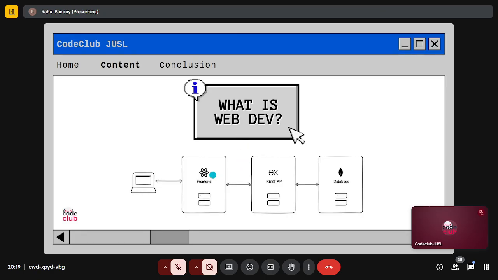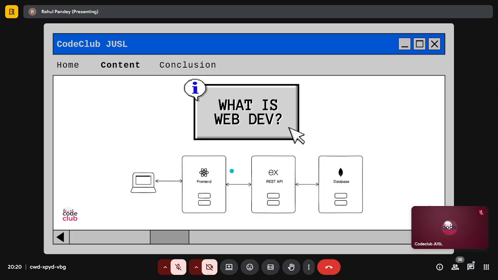So, going a little deeper into what goes on when you build websites and also when you visit them. This is a simple high level overview of a basic website that you can see here. On here you have your laptop, where you have your browser open and you're using it to visit this site. At first you as the user are interacting with the front end, and then the front end interacts with the API in the middle, which can then access data from the database.